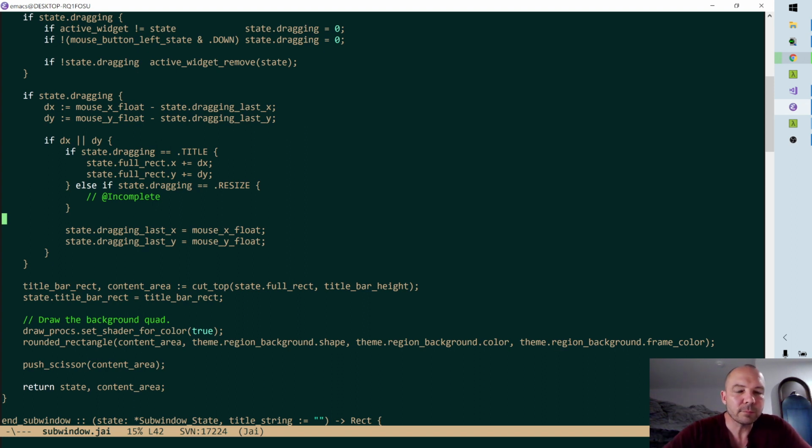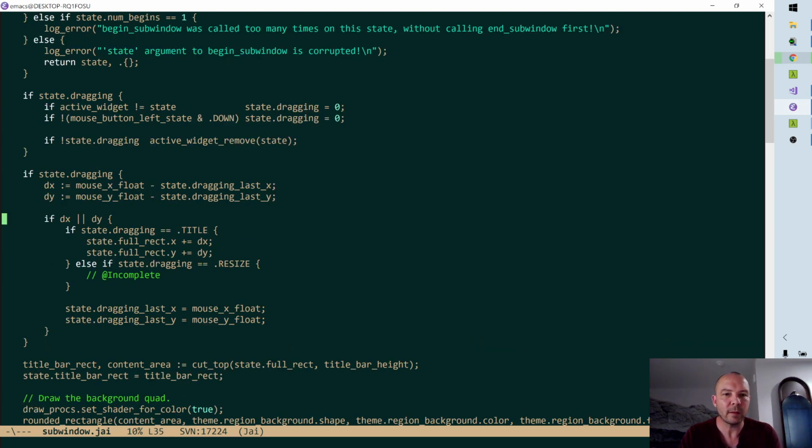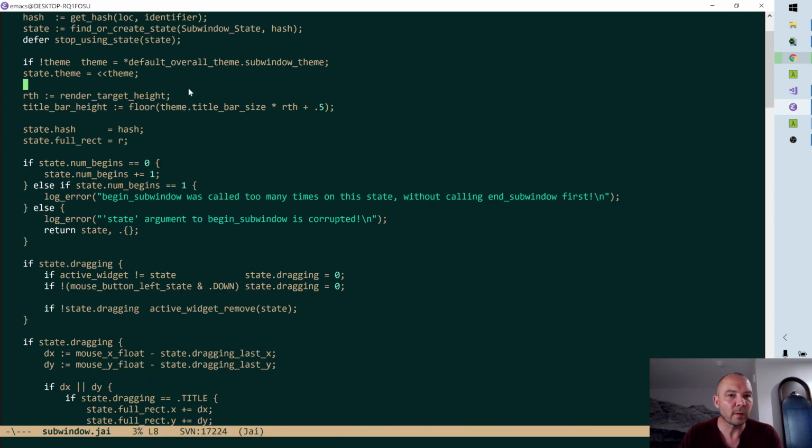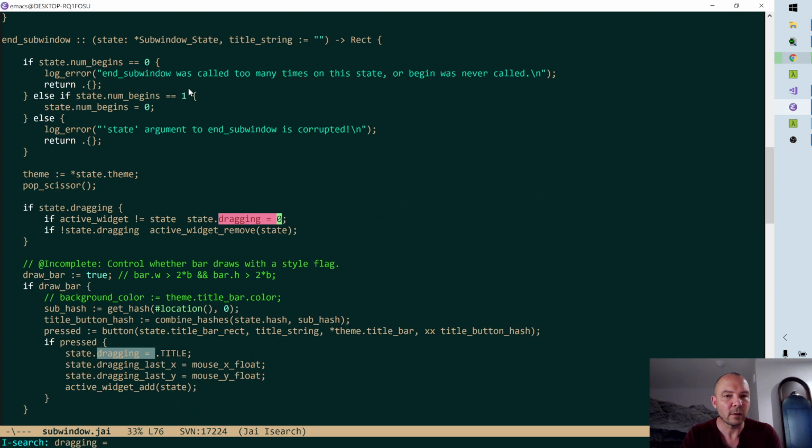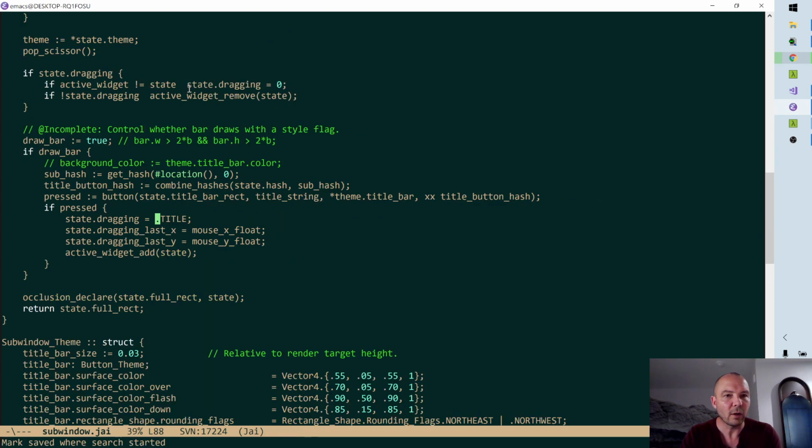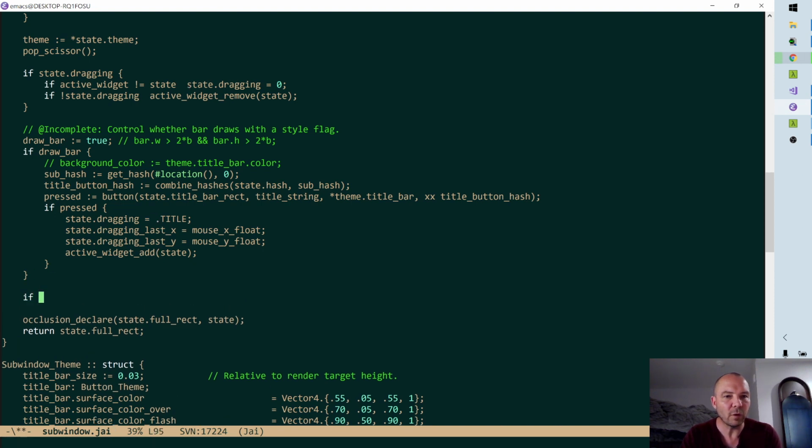Yeah, okay. We're going to have to figure that out because that's going to be a little bit interesting because of the rounded windows. But okay, so I said we have a resize dragging mode. There's no way to get into it though. So how do I set it? Okay, so if we draw the title bar, do we do this? If, okay, so if